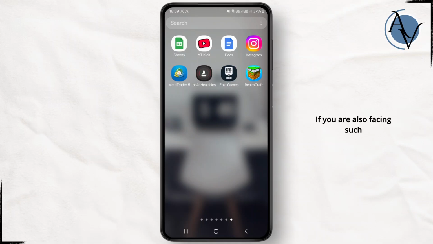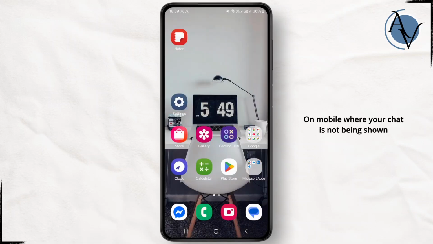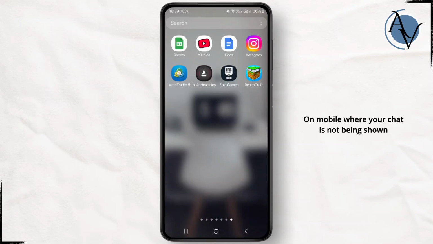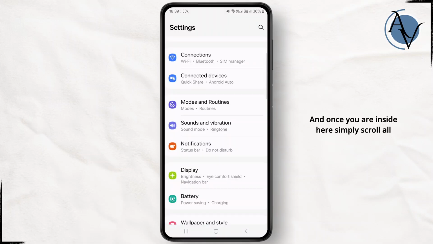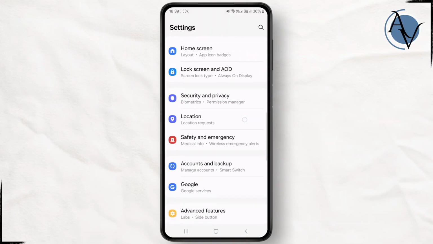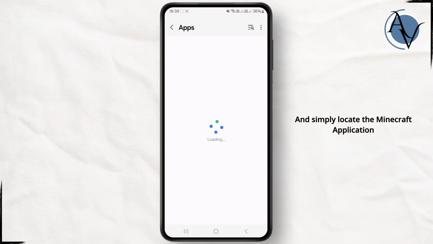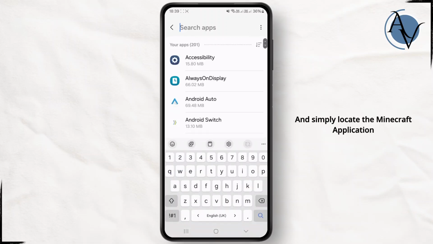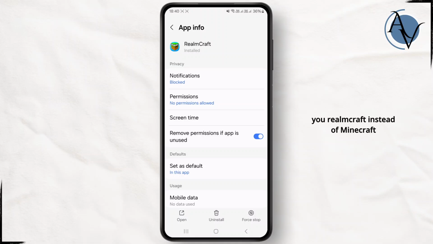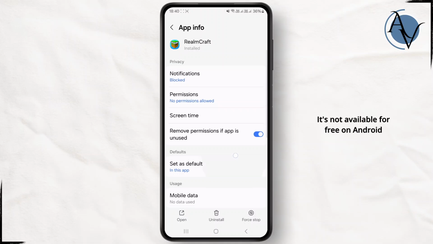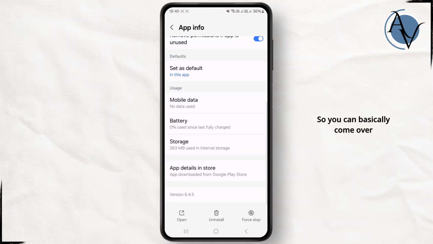If you're also facing such a problem on your Minecraft application on mobile where your chat is not being shown, you can simply head over to your device's settings, and once you're inside here, simply scroll all the way down until you find the apps section and simply locate the Minecraft application. So in this case I will be showing you Real Craft instead of Minecraft because I don't have the Minecraft application. It's not available for free on Android, so you can basically come over and follow along the same process, which